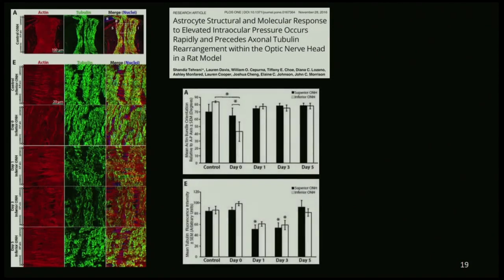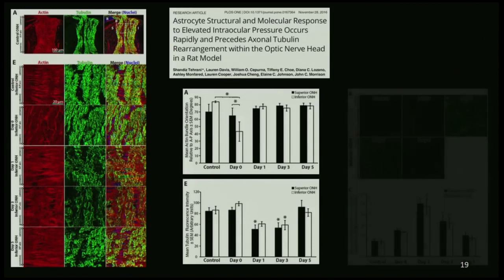And we were able to quantify this and show that in a large number of animals, there was a statistically significant change in orientation. And what's interesting is that this happens before there's actually some perturbation of the tubulin signal. So the tubulin signal actually goes down as well on day 1 and day 3, however, and that normalizes by day 5. They both normalize at day 5, but the astrocyte changes seem to precede tubulin changes. And by the way, this is all before any noticeable axon injury is noticed. We have to wait till about 10 days before we can notice axon injury in this model.